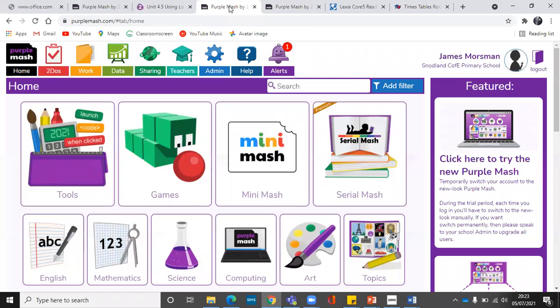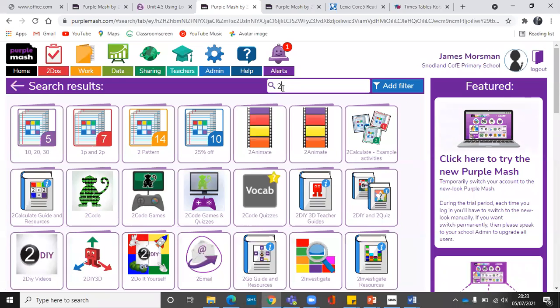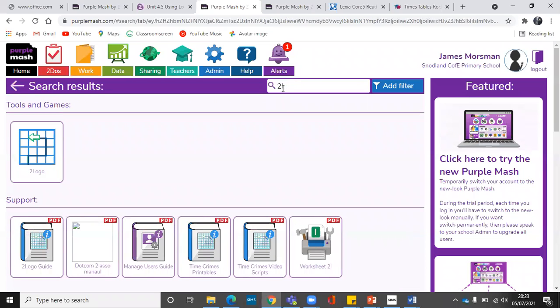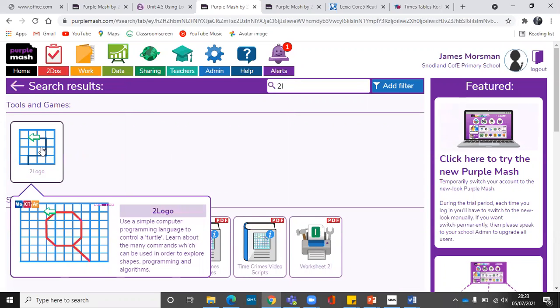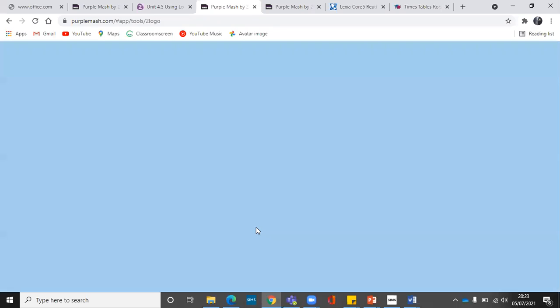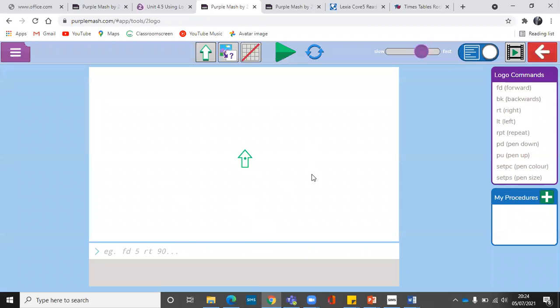2Logo. Once you log on to 2Logo, the best way to do it is to search in the toolbar, so 2 and then L for Logo, and look, 2L, and here we go, 2Logo. I'm going to click on that and press launch. Now you might remember when you did this a few weeks ago, this is a text programming program. Down the side here, we've have loads of different commands. When we type these commands in, these are instructions that tell the computer what we want it to